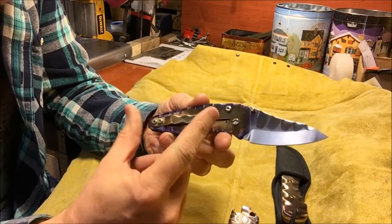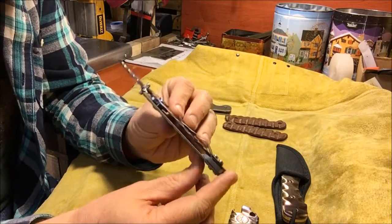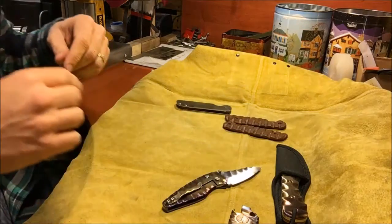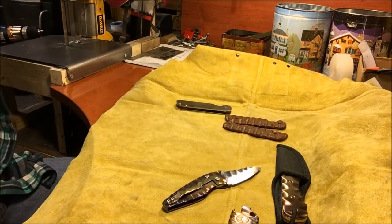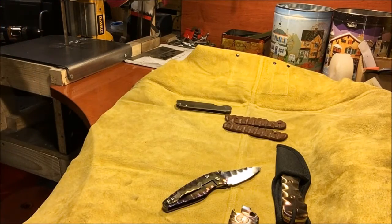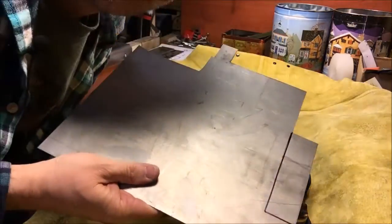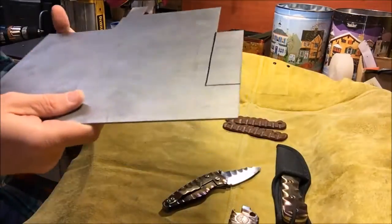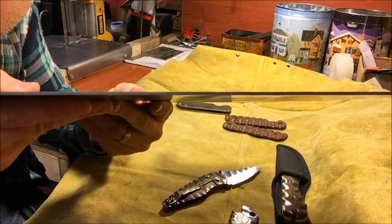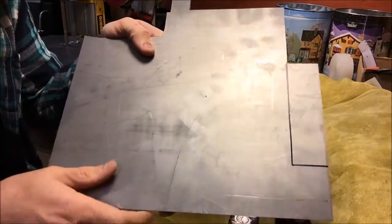G10 on the presentation side, titanium on the lock side. So this is a slab of titanium. I'll show you guys the piece of titanium I start with. Hold on a second. Grab this here without ripping the mic off. So this is the piece of titanium that I bought. You can see the thickness there. So this is the titanium plate that I